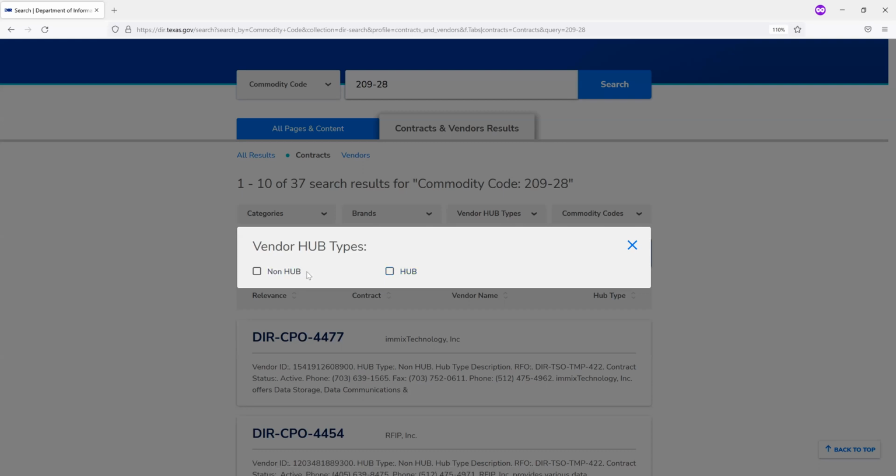And this one's a little dangerous because it's looking at the particular vendor, if they're a hub, not necessarily their reseller. For instance, on the Dell contract, there are lots of resellers that are hub certified, but Dell themselves are not hub certified. So if you clicked on these types of results, you might get different things.